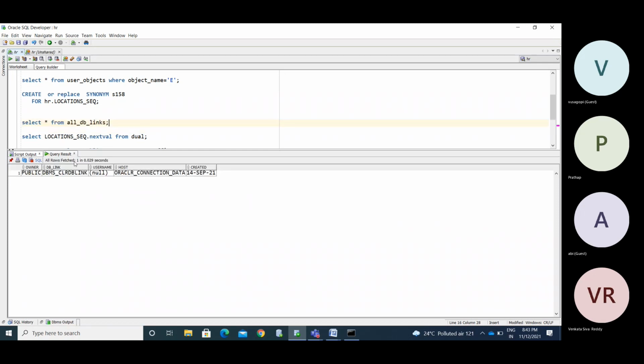If you have any database links, that data will be present in this.